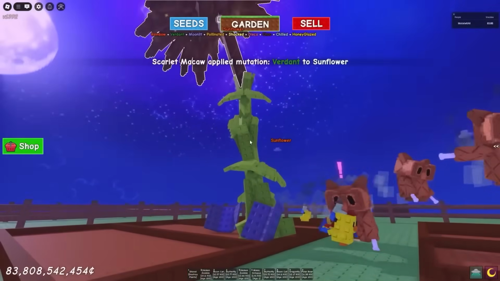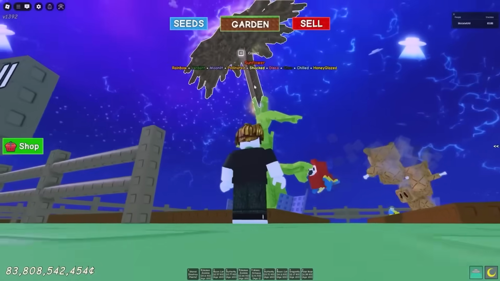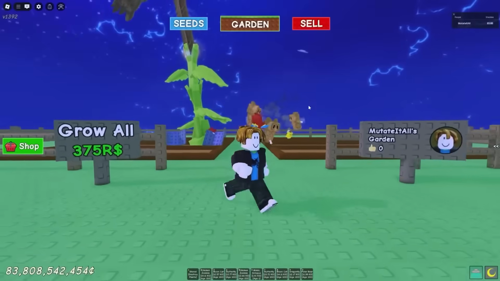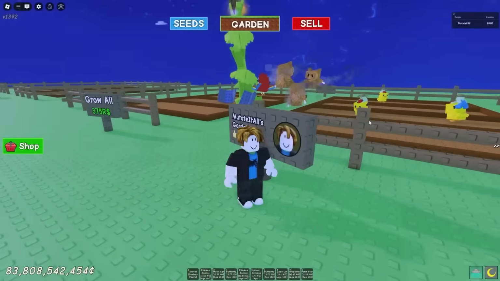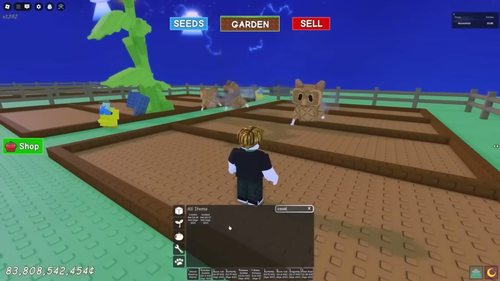Verdant mutation, apply. Let's go. That was actually really easy. I thought it was gonna take a lot longer for these guys to apply. We got the verdant mutation. Wow, our pets are actually cooperating with us today. That is awesome. I'm gonna pick you guys up, and then we're going to add another cooked owl to the